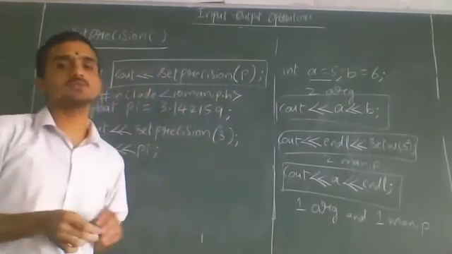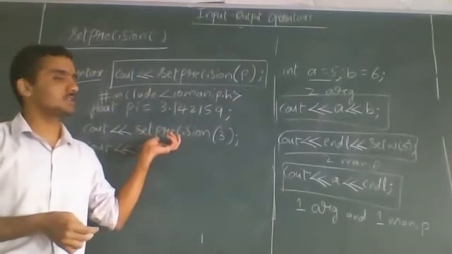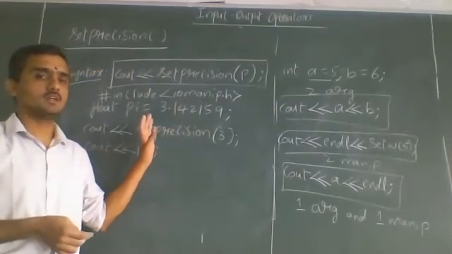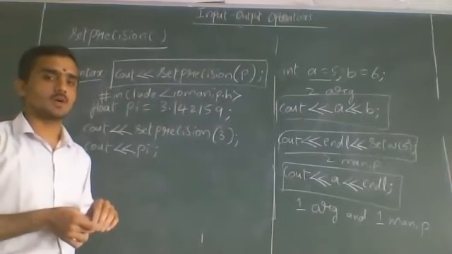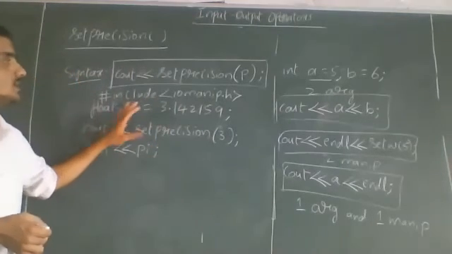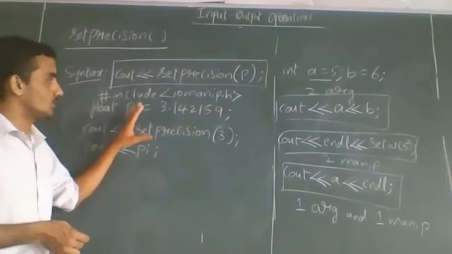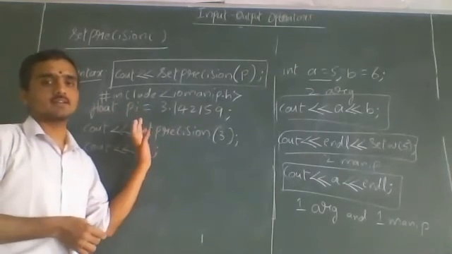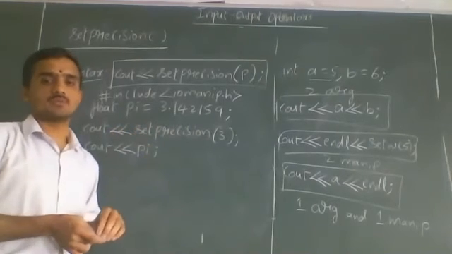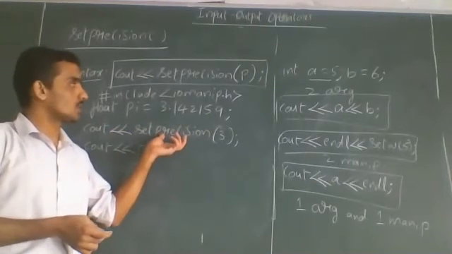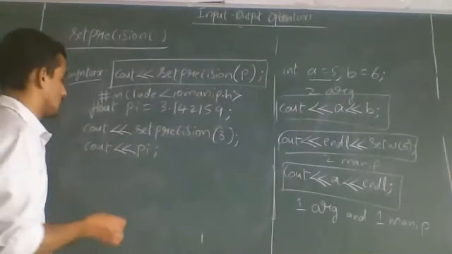See, all these examples you can convert to a program. You have to put these examples in the main function, then you can work on it. That means the program will execute, and you can look at the output on the computer. When you write these examples directly in the editor, it will not execute because the main function is not there yet. Program execution starts from the main function. So whatever part of the program I write on the board, you can make it a program by writing it in the main function.